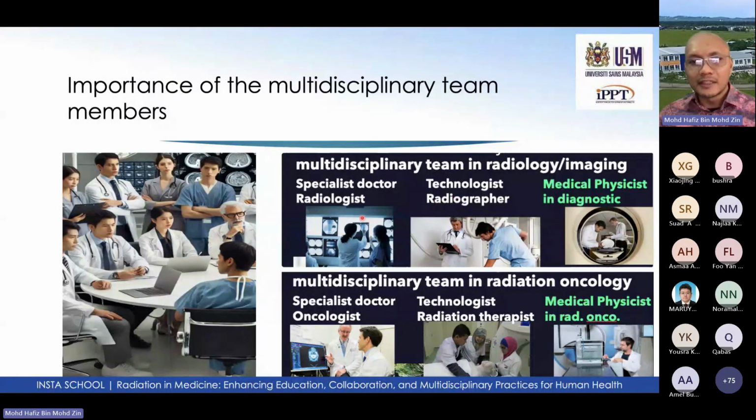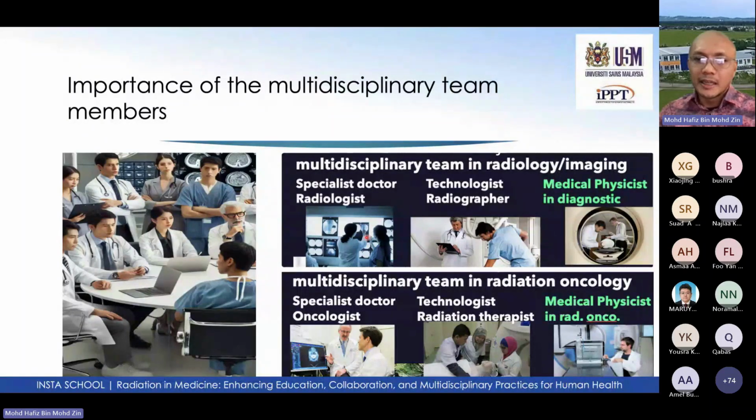So we have the radiologists, the technologists, as well as the physicists that work together to ensure the safety of the imaging done on the patient. So in terms of the job scope, I'll start with the radiographer. The radiographer would help in taking the image from the patient. The radiographer would position you in an appropriate setup. And then once they get the images, that will be sent to the radiologist to diagnose if there's any problem